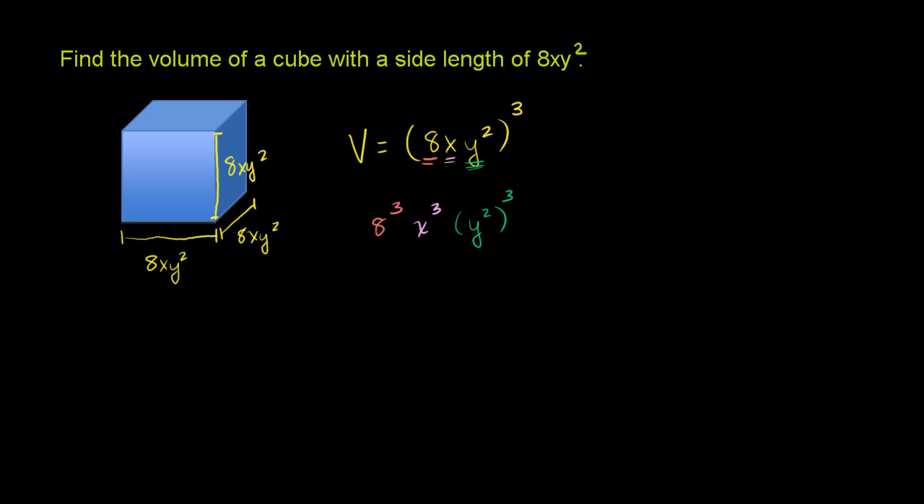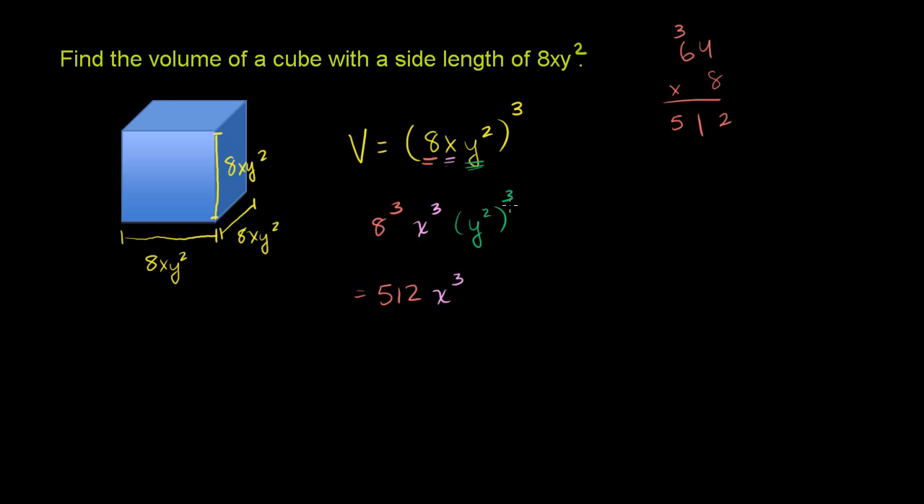And what's 8 to the third power? That's the same thing as 8 squared is 64. So we'll multiply 64 times 8. 4 times 8 is 32. 6 times 8 is 48, plus 3 is 51. So it's 512. So this is equal to 512 times x to the third,